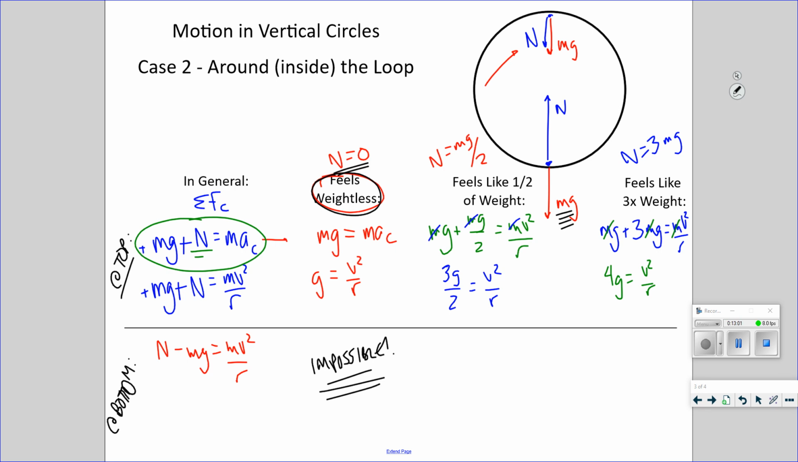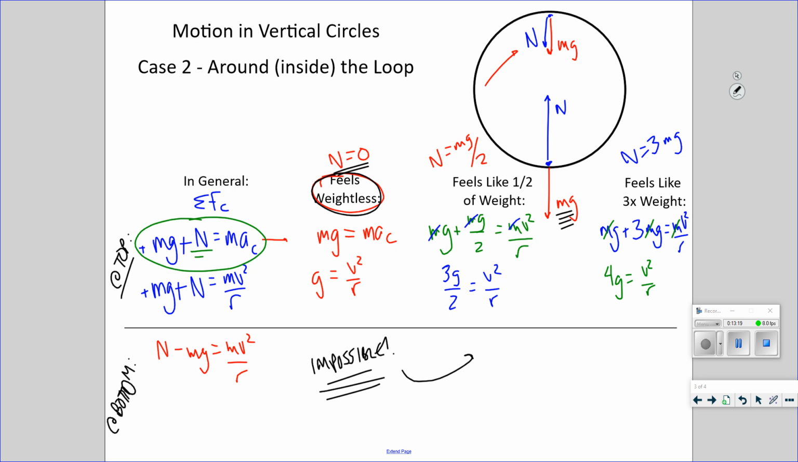At the bottom, n must be bigger than mg. This is also impossible. You can't feel like you weigh anything less than your weight. That would make the n half as big as mg. The net force would be outward. Also impossible. It should make sense to you based on experience, perhaps if you've ridden in a car even at